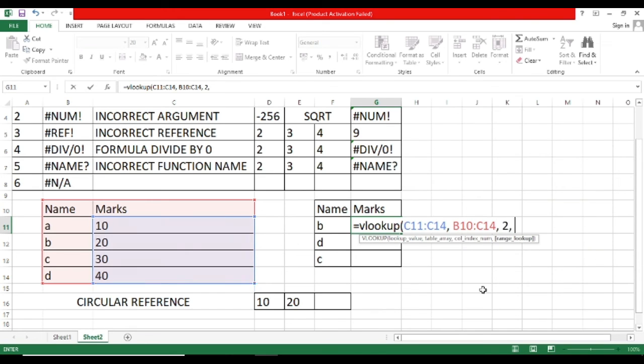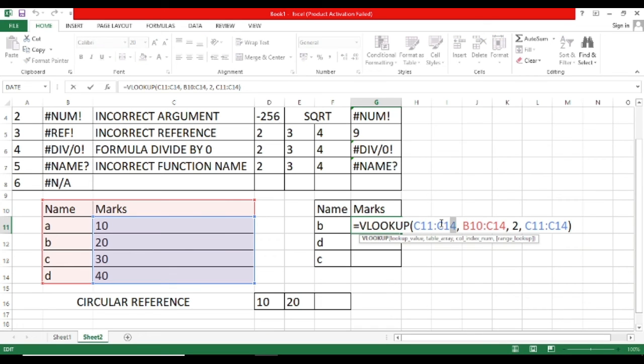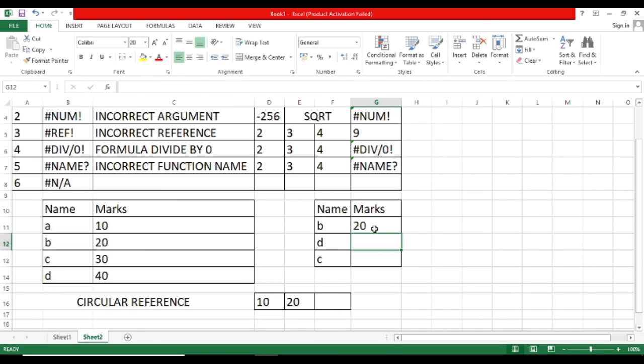Then range lookup, range lookup is this. Then press Enter. So here you can see this error. Whenever I get the right range, the lookup value range is this. Then press Enter. So here you can see the result, and then drag it. So how many marks were secured by B? 20. By D, 40, and by C, 30.